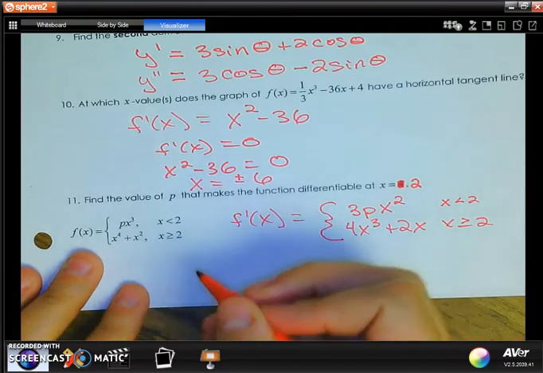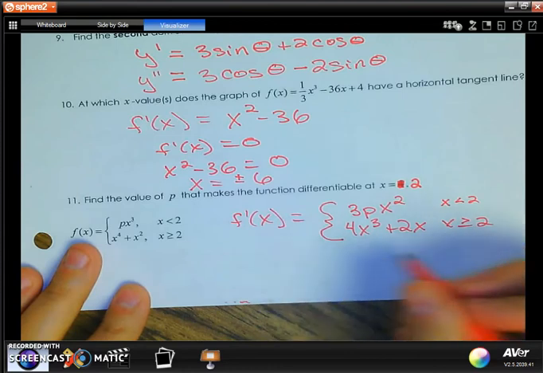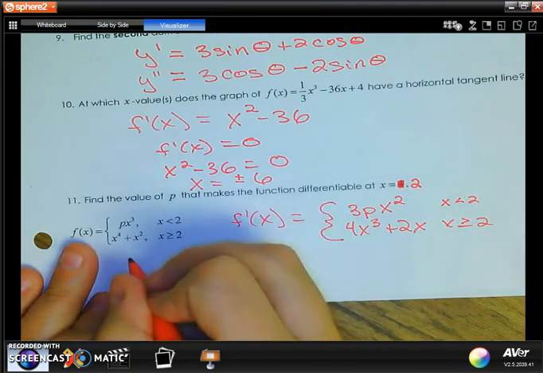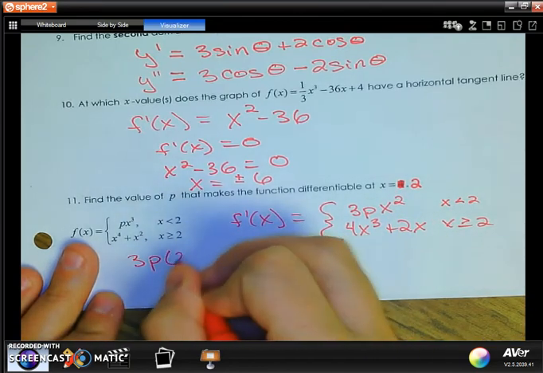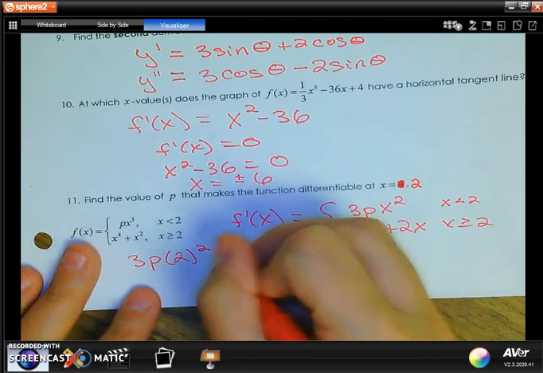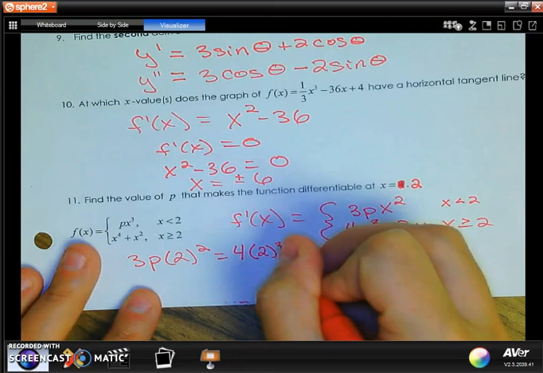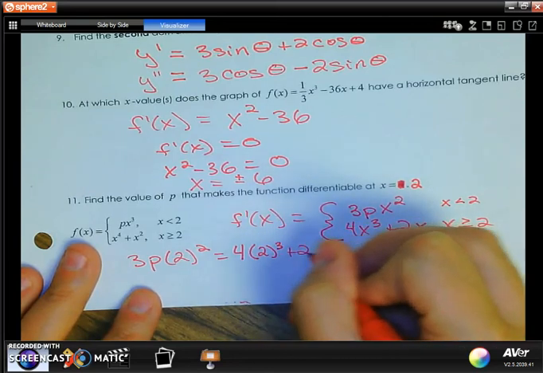Okay? And for this to be differentiable, I need to set those two things equal to each other. Okay? So here I have x is 2, so I can plug in, again, this 2 I had to change. That 2 goes in for an x. So I've got 3p, and I plug in x is 2 squared, equals 4 parentheses, that'll be 2 cubed, plus 2 times 2,